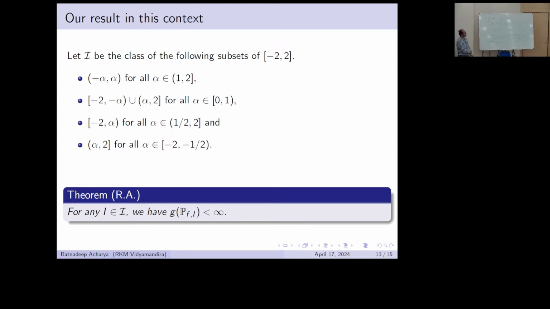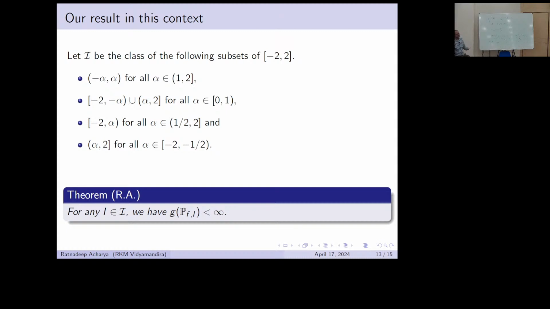These limitations come because of the first condition in our result, that we need to produce a beta such that beta of p is bigger than the corresponding characteristic function. So we can produce certain beta only for those alpha. Okay, so that is the limitation of our result. But if I is any of this type of intervals, or subsets of -2 to 2, then G of PFI is finite. That we can prove.